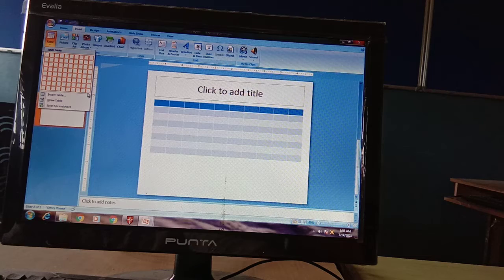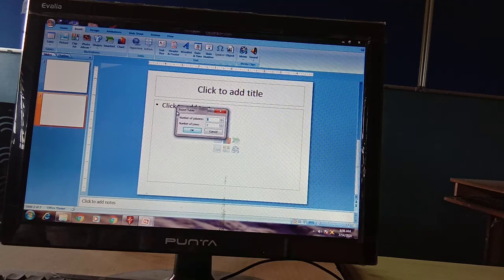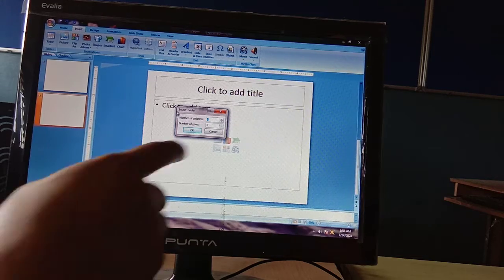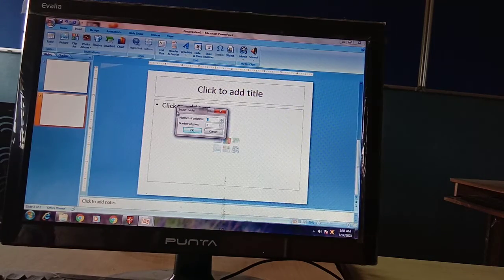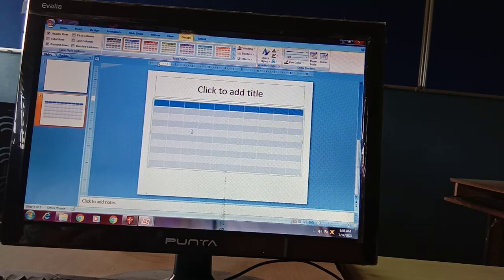If you want a size larger than this, you can click on the Insert Table option. The Insert Table dialog box will appear, and you can type your own choice of number of columns and rows. For example, if I want 10 by 10, 10 rows and 10 columns, a table of that size will appear.